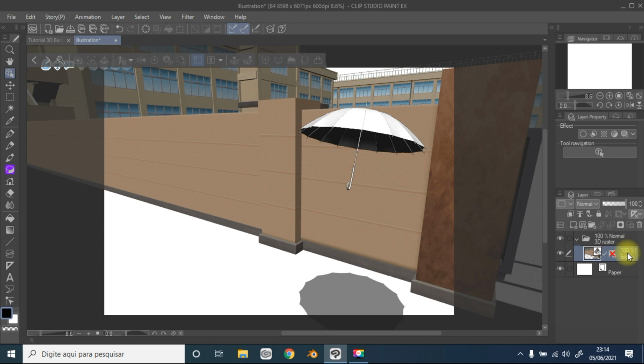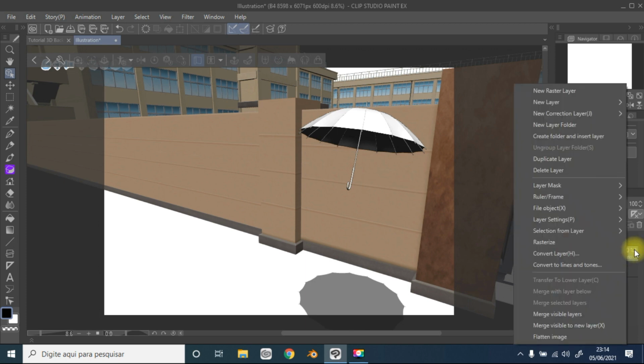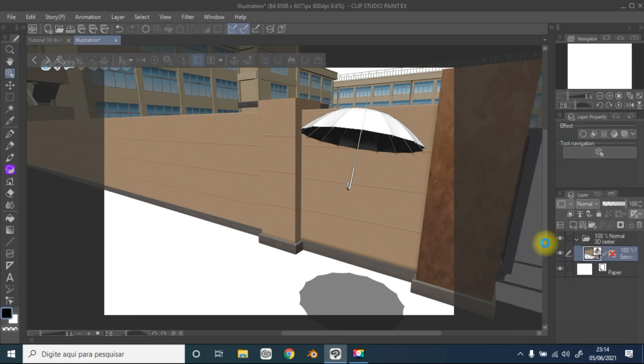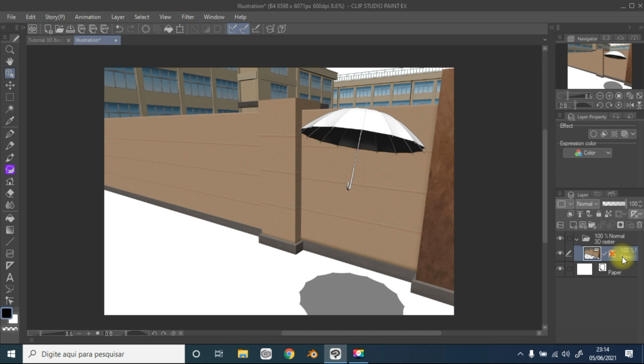So first thing is just click here above the layer with the right button and rasterize. With the layer rasterized, now it is not an object anymore, it is an image. And this is important for us, because we will use this